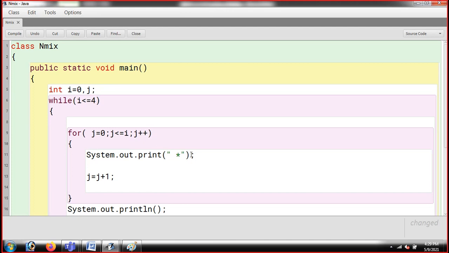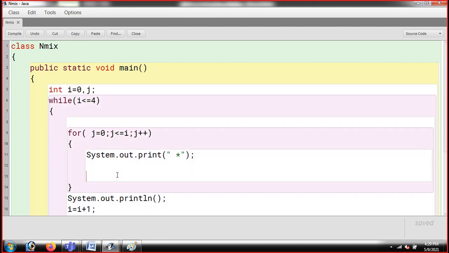And j is following i, you will be printing your star, and your j will be increased. So here again the j, you don't need to increase by 1 once again, because you're already doing this in the for loop. If you do it here, it will be increased by 1 and then 1 again, so basically it will be increased by 2, which is not according to the pattern. This is how I added a nested for loop inside this while. You can see my i is starting from 0 going till 4, and we are increasing the value of i, and j is starting from 0 going till i and printing a star. That's it. So guys, I'm quickly applying indentation, and I'm going to run it.